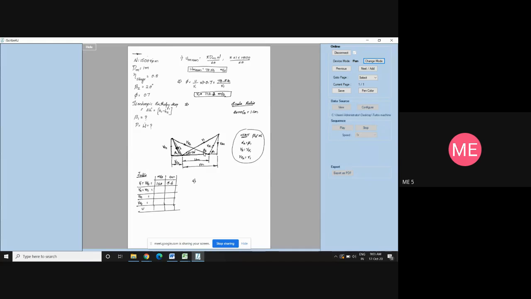Always. Only the inlet is needed; if you know the inlet, the outlet is standard. That is for a Parsons turbine, this is going to be satisfied. You need to think about the outlet angle and CB only for Curtis as well as De Laval, but not for a Parsons turbine, because in a Parsons turbine the outlet triangle is a mirror of the inlet triangle.